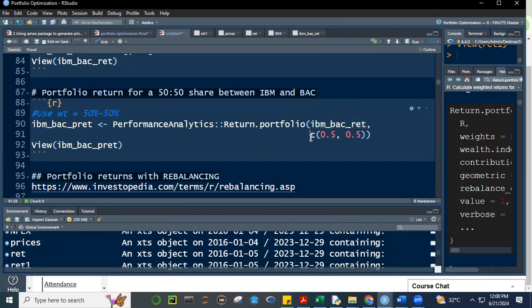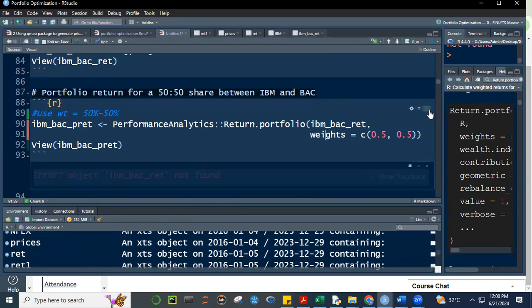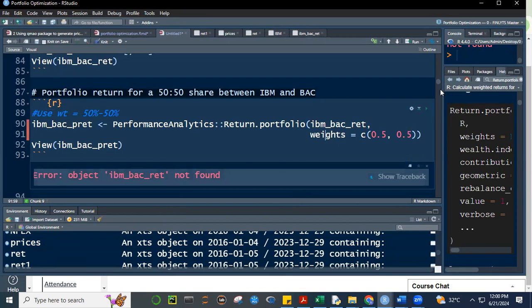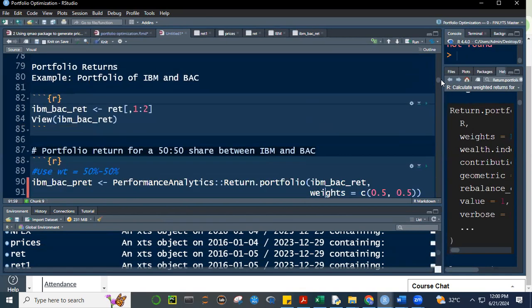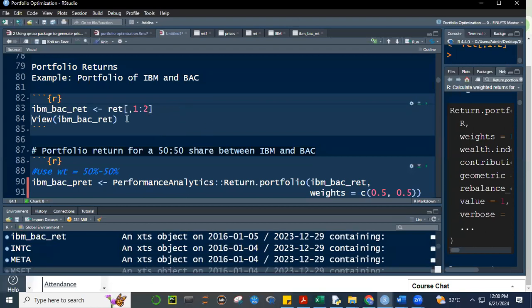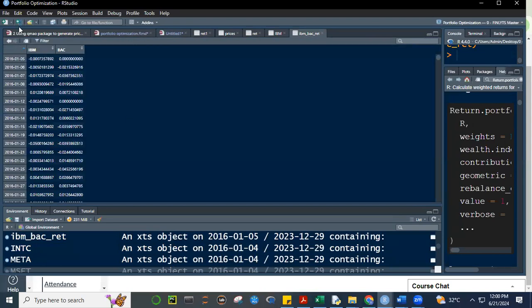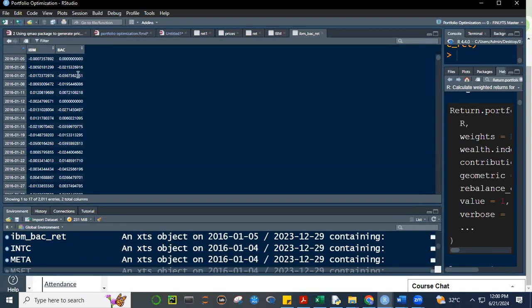Actually, we can write weights is equal to, concatenate natin si 0.5 at saka 0.5. And then let's view the answer. Let's run this. I haven't run this, sorry. This one, I ran this first. Let me see if it's the correct one. Yeah, IBM and BAC. However, class,